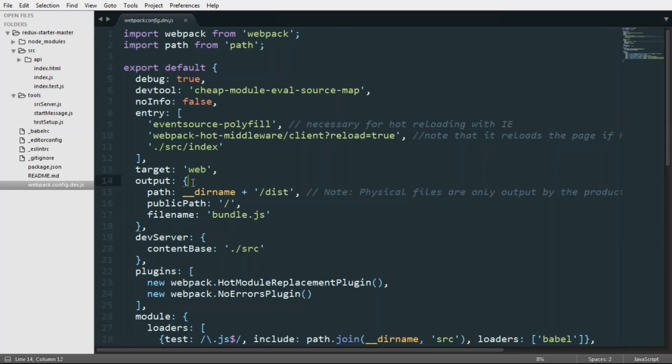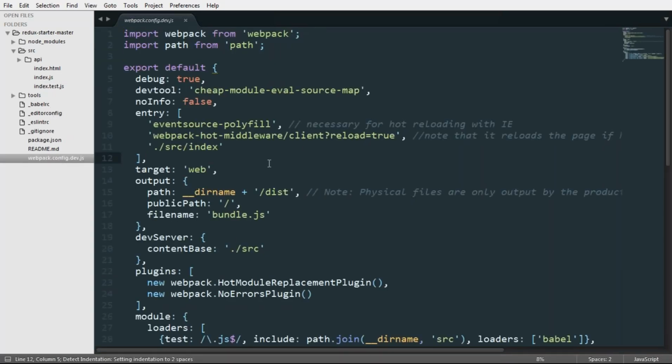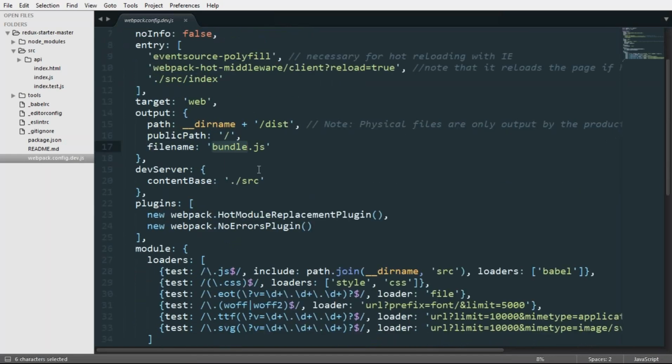So I will not take much time in the Webpack. So what all different configurations do I have in the Webpack? I have this entry point. I'm also registering this Webpack hot middleware, which I'm providing in the entry point. This entry point shows where Webpack needs to look initially. So Webpack needs to look into src index.js. Webpack needs to compile this index.js file first, which is having a single line of code right now. Then when it is compiling that code, it needs to create a bundled output file and place the code inside the bundle.js.